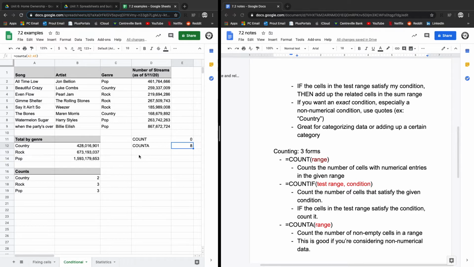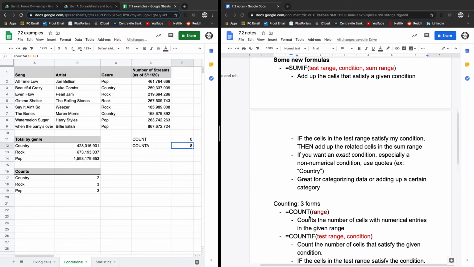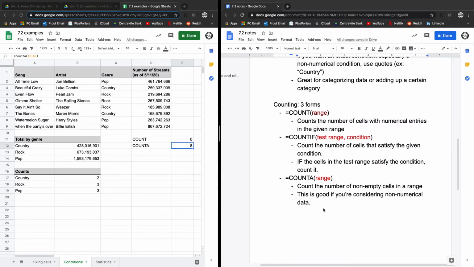Count would be good too if I was maybe trying to count votes or something, right? I just have a list of names and I want to count up who got the most names, who got the most votes. So you have the count function, you have the sum function, and the last thing I want to talk about